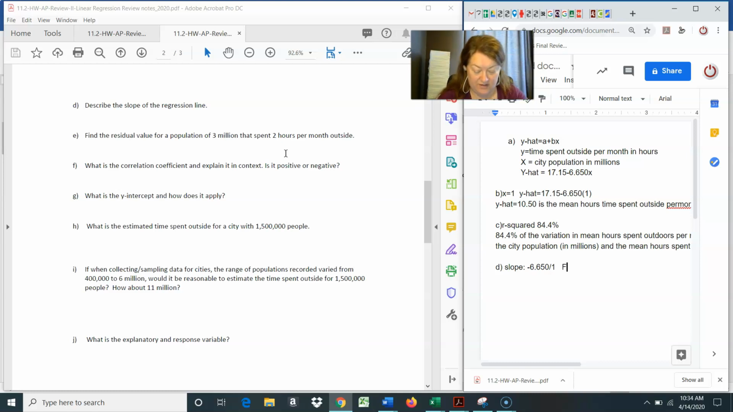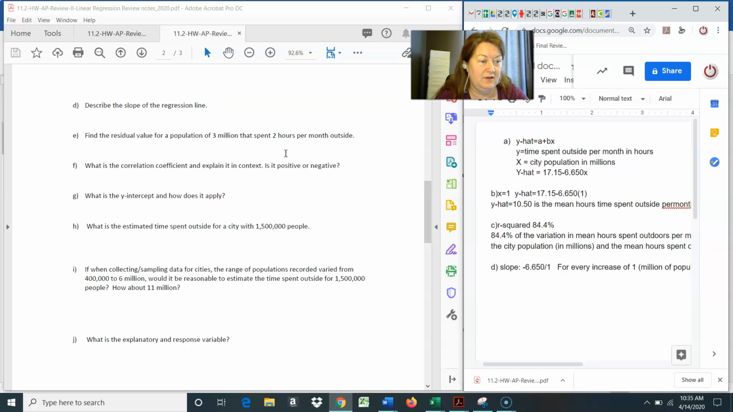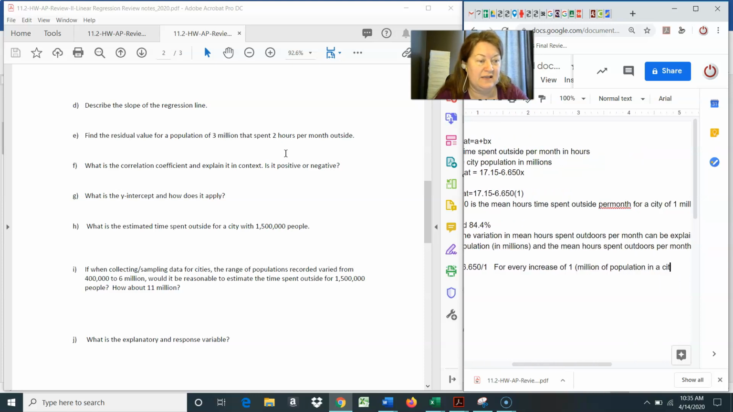So we always start with an increase of 1 in the x. Even if it's negative, I'm going to say for every time that the x goes up by 1, that's the one on the bottom, the y will do this. And the y is the number on the top. So since y is negative, I'll say the y's will go down by this. So I say for every increase of 1 in the x, which is million of population in a city,